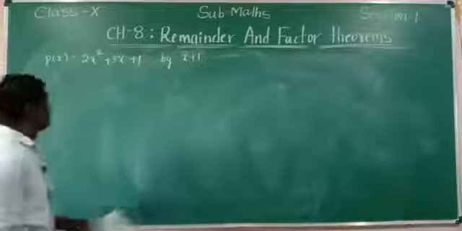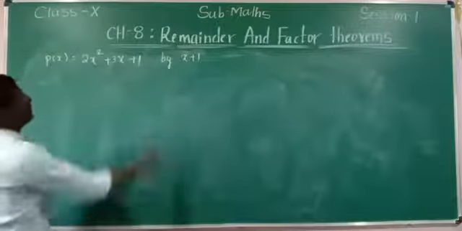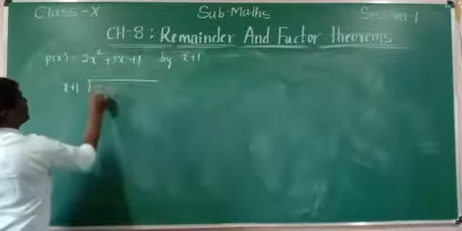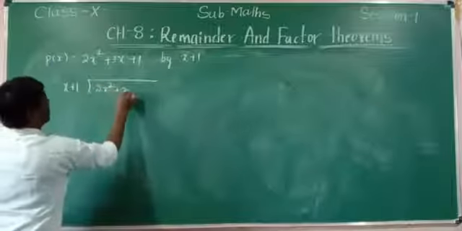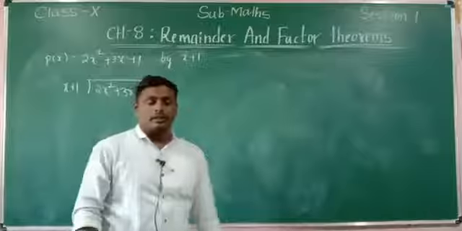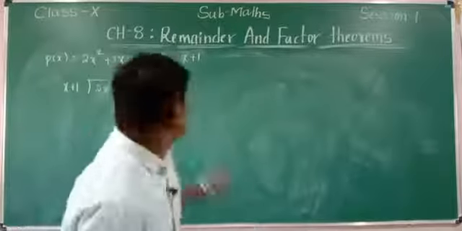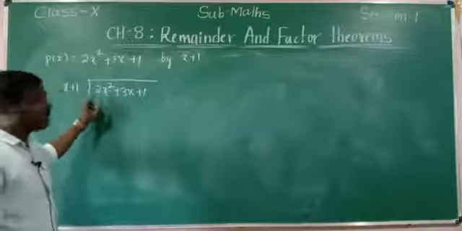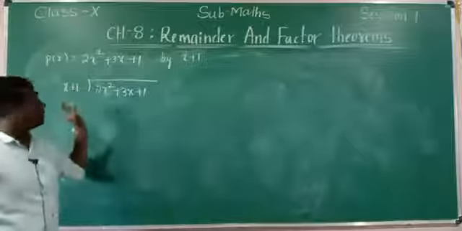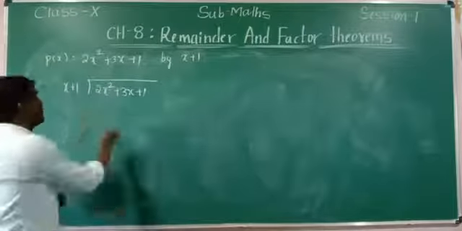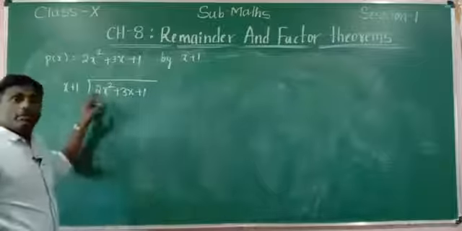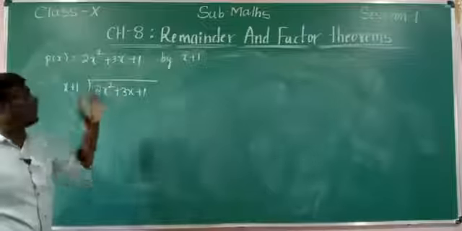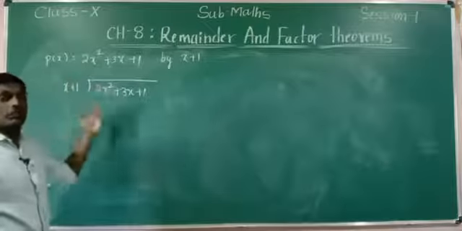Okay, so just divide the whole expression by x plus 1. X plus 1 divides the given expression 2x square plus 3x plus 1. Listen here, while you are dividing the algebraic expression with the help of another expression, you must cancel the first term. We need to eliminate the coefficient of the first term, or we are completely cancelling the first term by multiplying by a suitable variable as well as a suitable number.